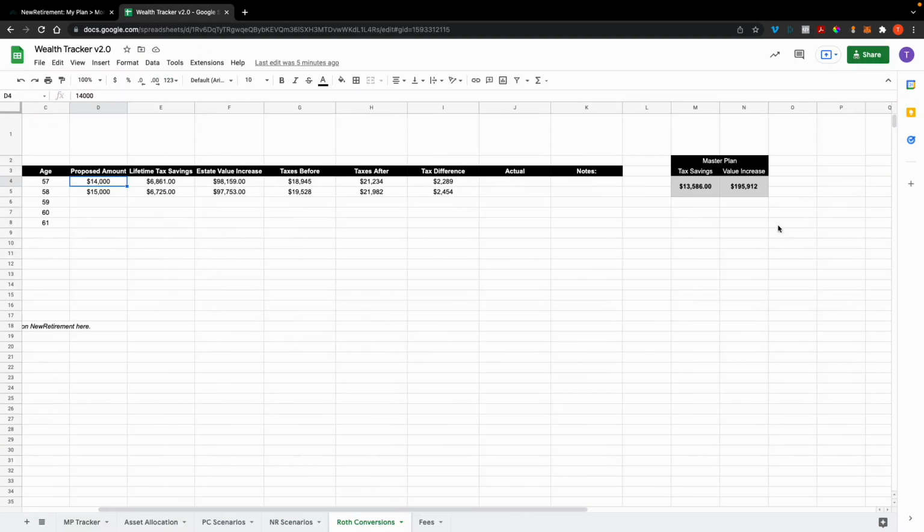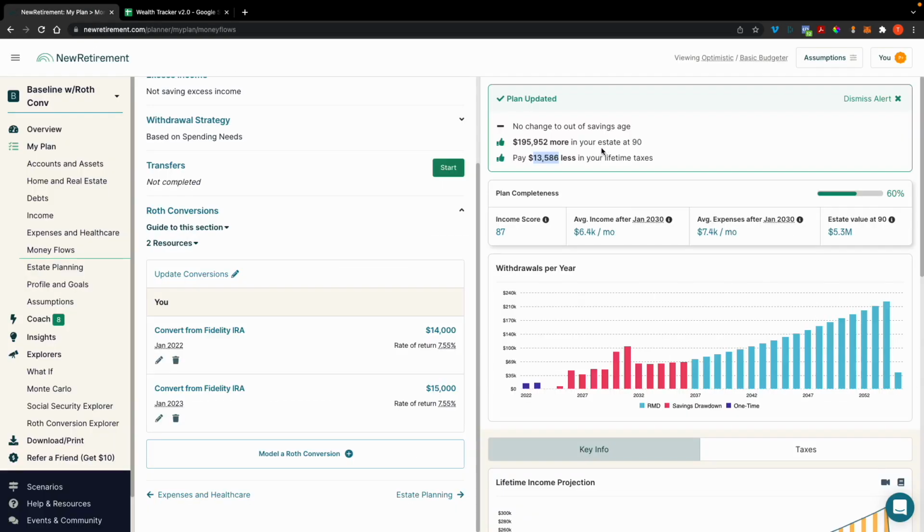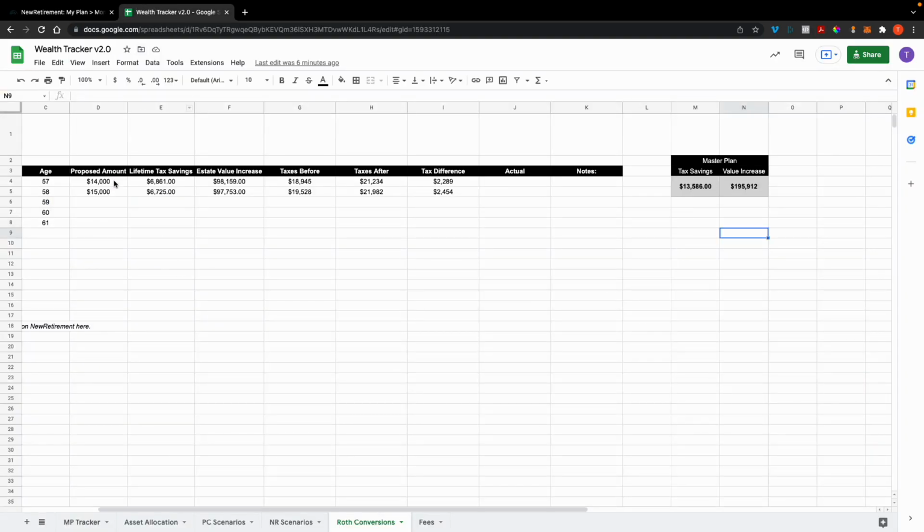This sheet is going to add that for you if you're using kind of the same numbers. But just make sure that as you add, okay, yep, I'm going to convert 14. It's going to add $6,000-ish in savings and $100,000 in additional estate value. Great, record it here, and then move forward with the other conversion events.